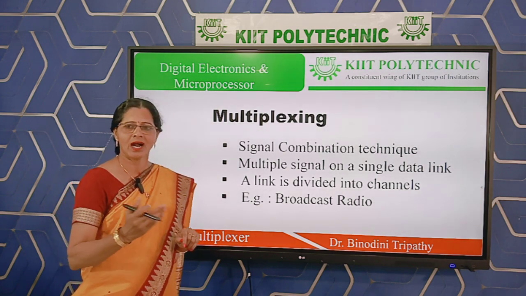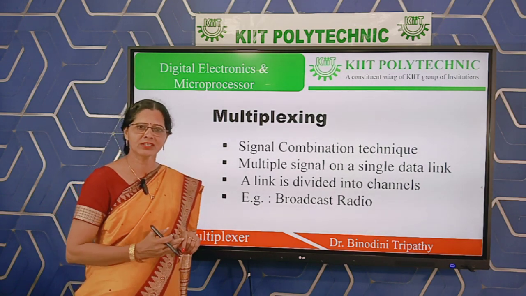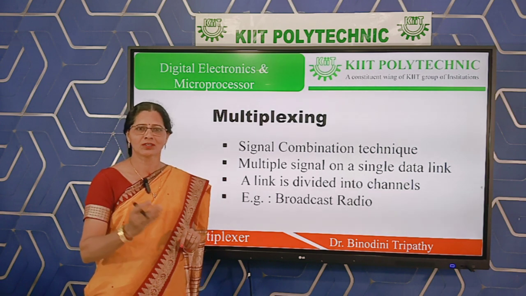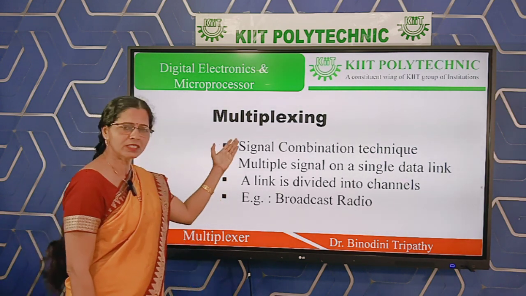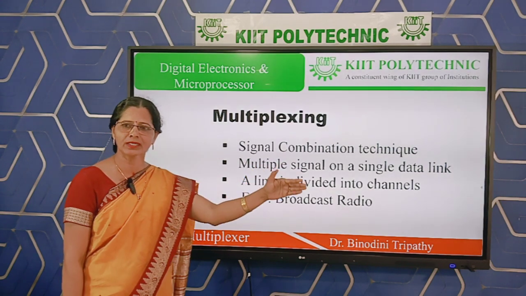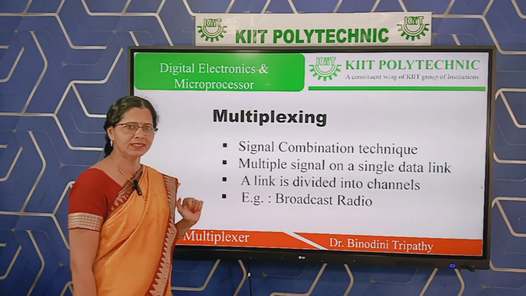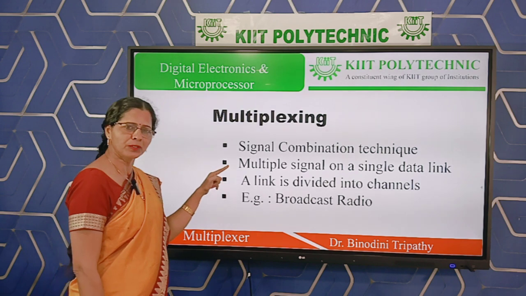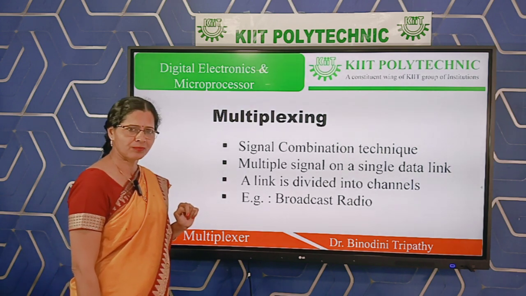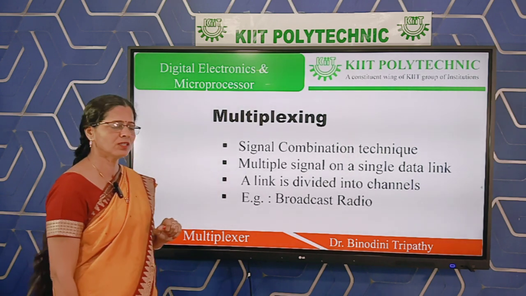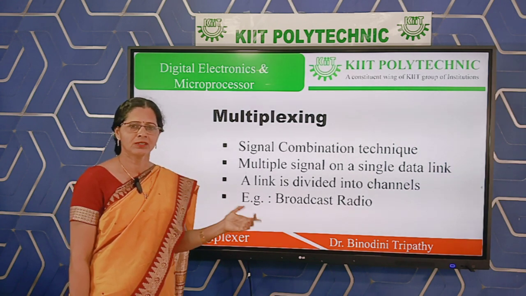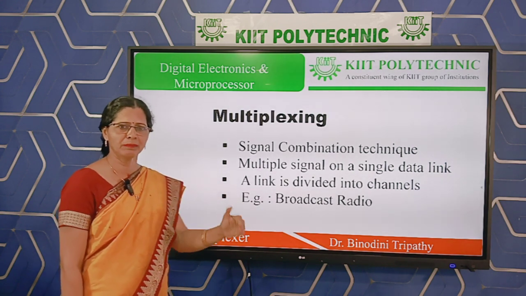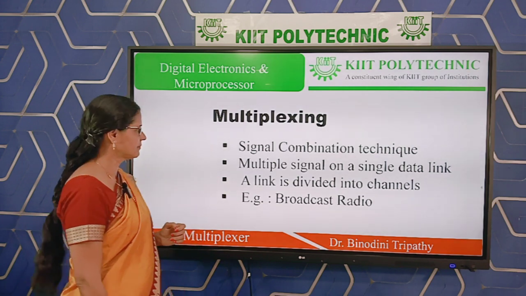Just like add and adder. Add means addition, but adder means the device that can add. So simply here also, the process of selecting any one and routing it to the output is known as multiplexing, and the device performing this is known as the multiplexer. This multiplexing process may be analog type or digital type. Here our paper is digital based, so we implement everything in digital.